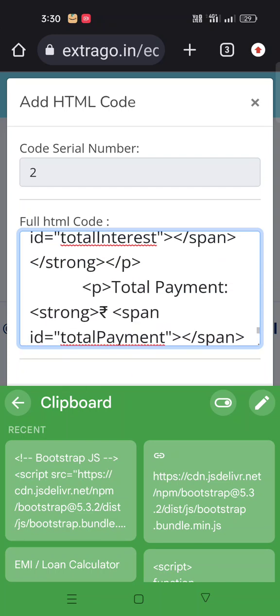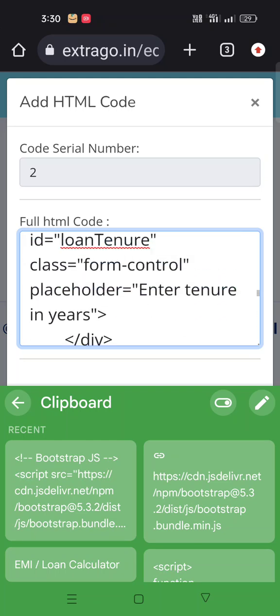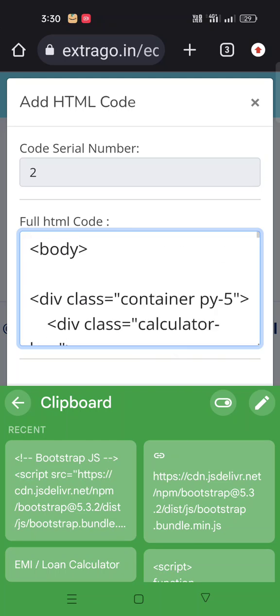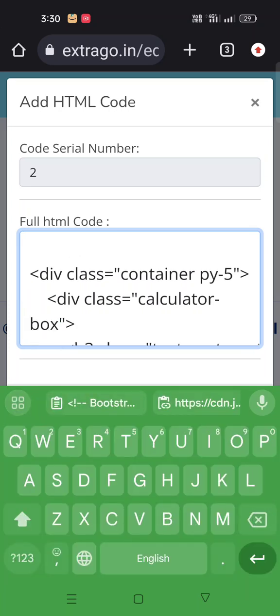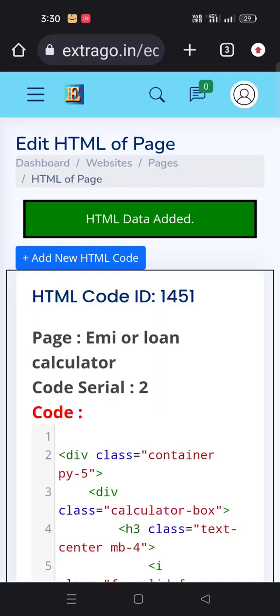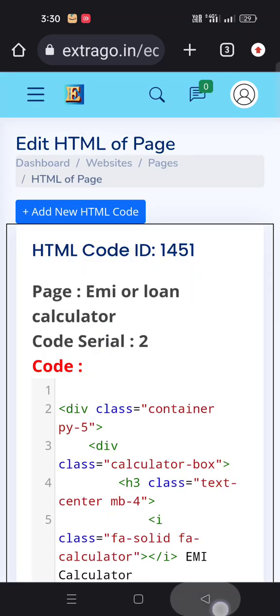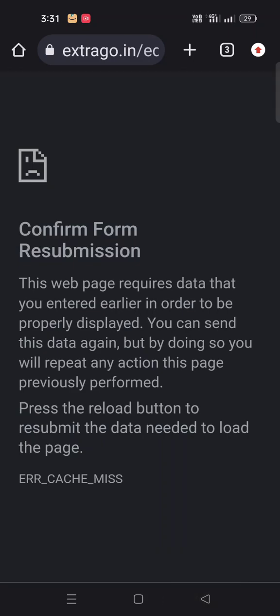Okay, let's check the code. EMI calculator code. Remove the upper body tag. This is okay. Now add it. Yes, code is inserted. And one more thing, go back, go back, go back, go back again.